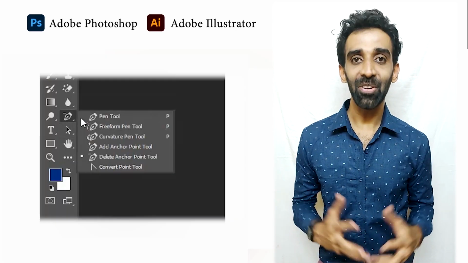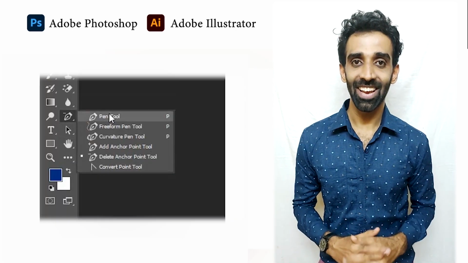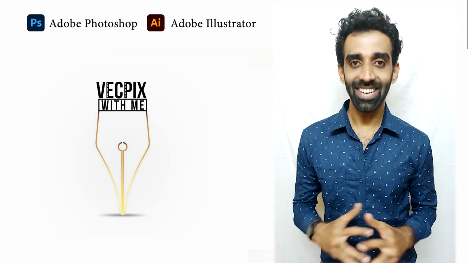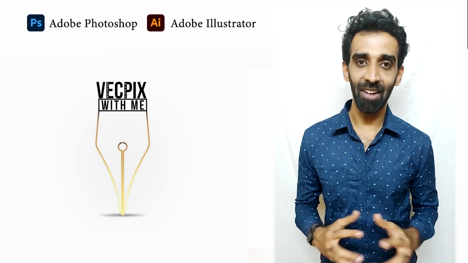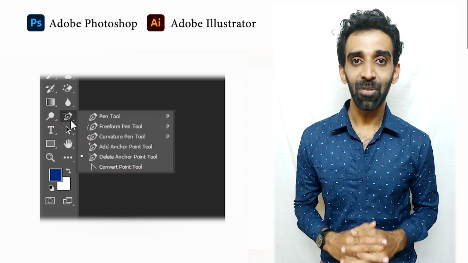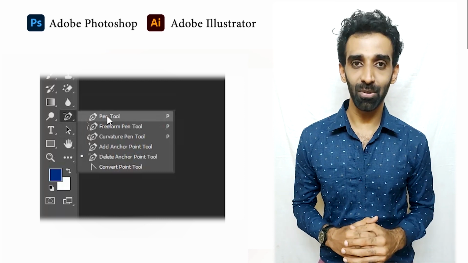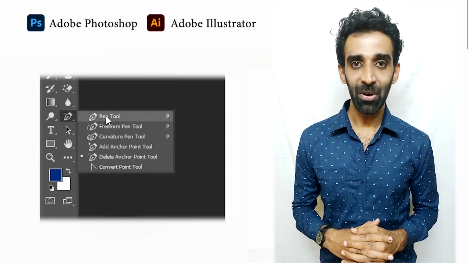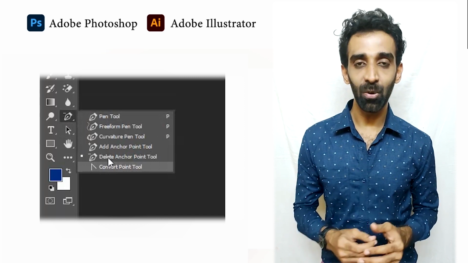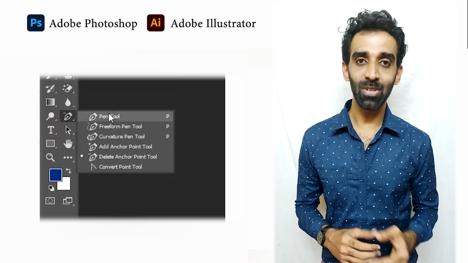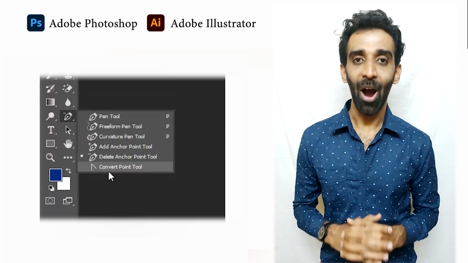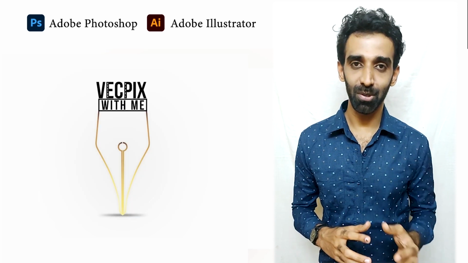In today's class, we are going to see what is the use of these tools in the pen tool section. Whatever the reason may be, we are confused when we have a lot of tools, that too when we have a drop down list of tools like these. Today in this video, we are going to see each little tool which is present below the pen tool section with an example. How can we use it and what is the use of those tools?